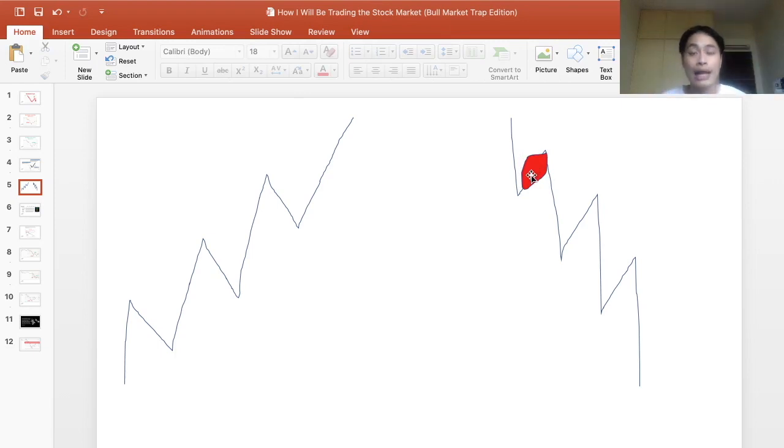So like I mentioned, when prices fall, prices do not fall in a straight line. So the prices tend to fall and then bounce back up. So this bounce back up, we call it a bull market rally, right? So a bull market rally is when prices in a bear market rise for a while, and then after that, it tends to fall back down. So that is where I believe we are right now. I believe we are in a bull market trap.